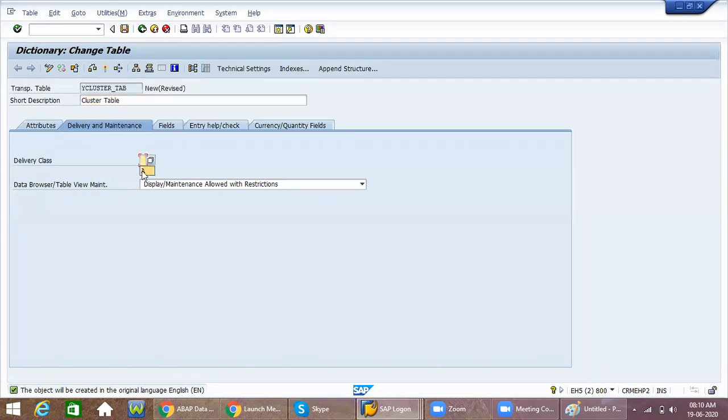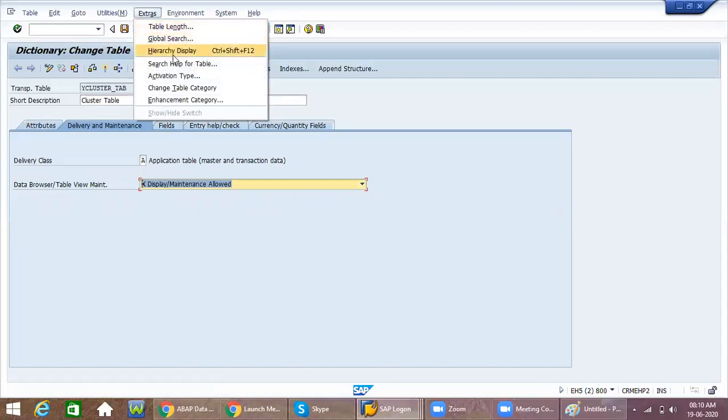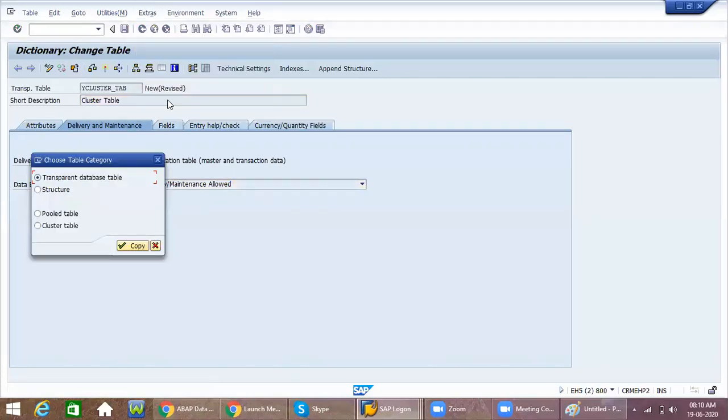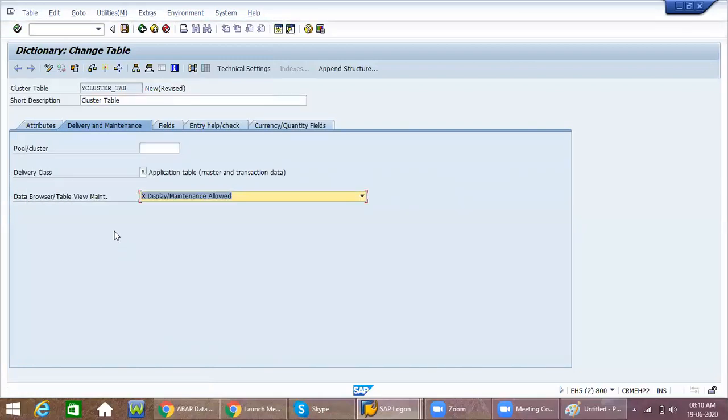Here you can provide these details, and again the same, extras, change category. Here cluster table, I'm selecting this. Here I am giving table C1.